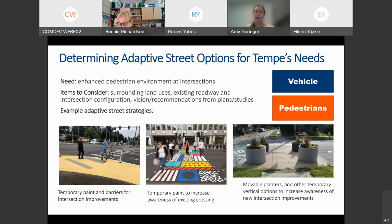So this first use case is the need for an enhanced pedestrian environment at intersections. We have three potential examples of different adaptive street strategies that could address that need. Again, how you choose which one is right for that specific location has to do with those items to consider, so it's going to be a very individualized process. Some example strategies, which Bonnie actually pointed out earlier, are temporary paint and barriers